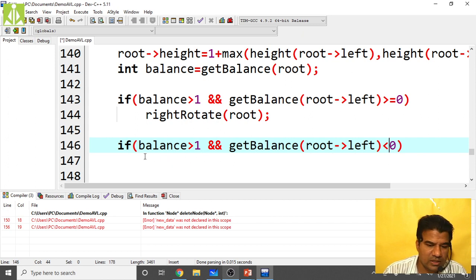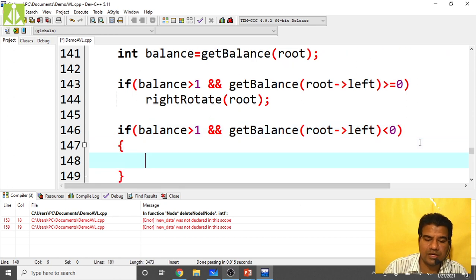If this thing is less than 0, then here you have to take the compound statement.